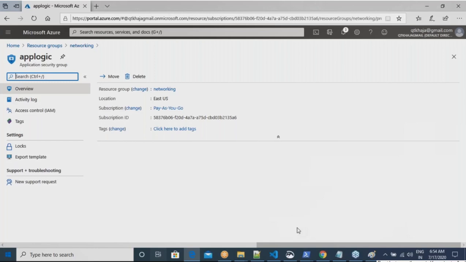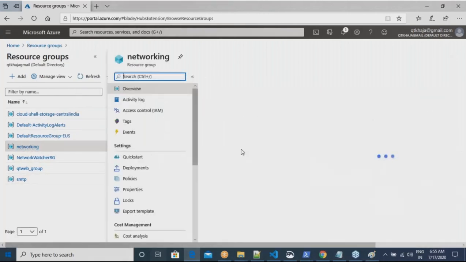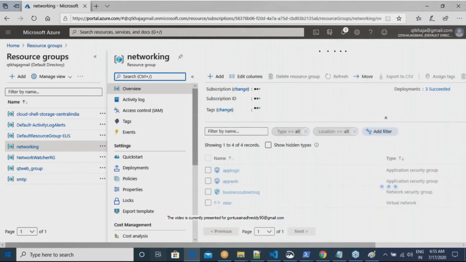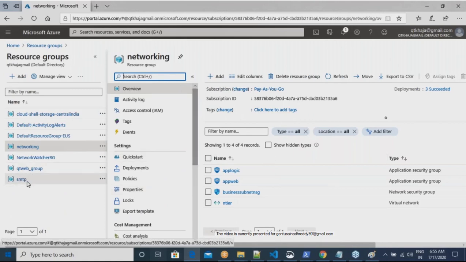The idea is very simple. We have application security groups. Once you have an application security group, it can be attached to what? What have I said? Network interface. So let us get into the network interface. Oh, we don't have a network interface, is it? Then where is that VM coming from?